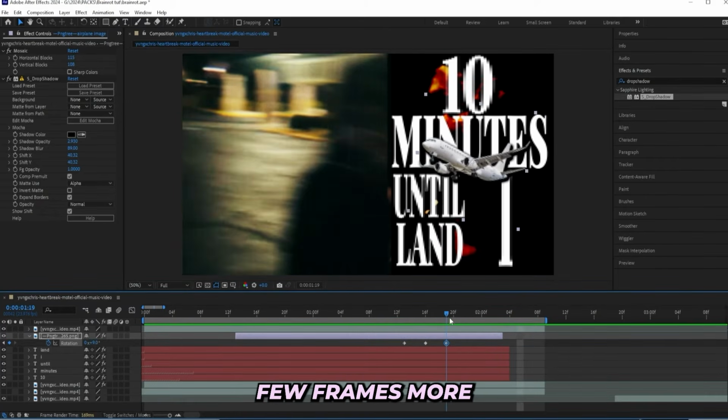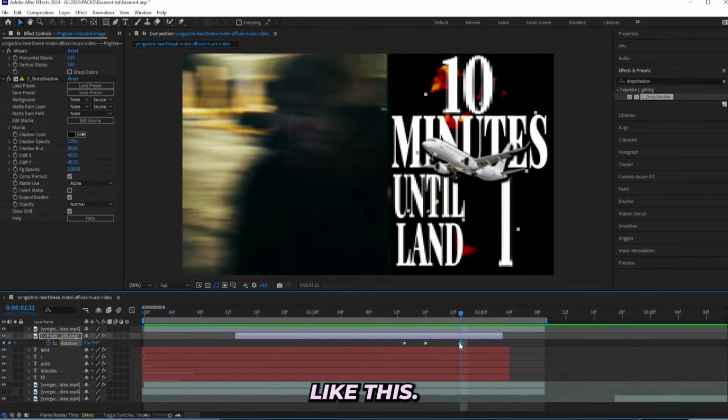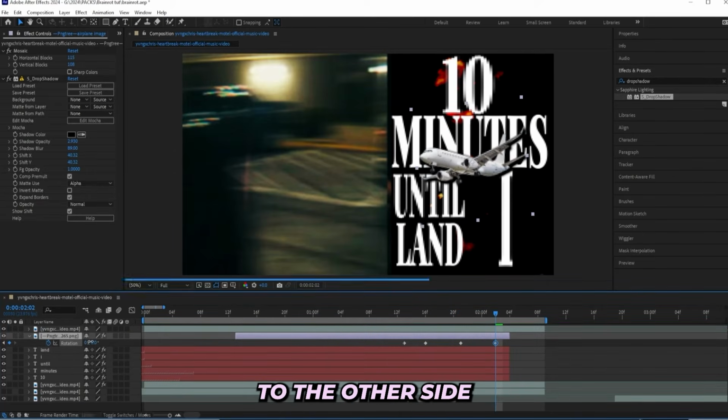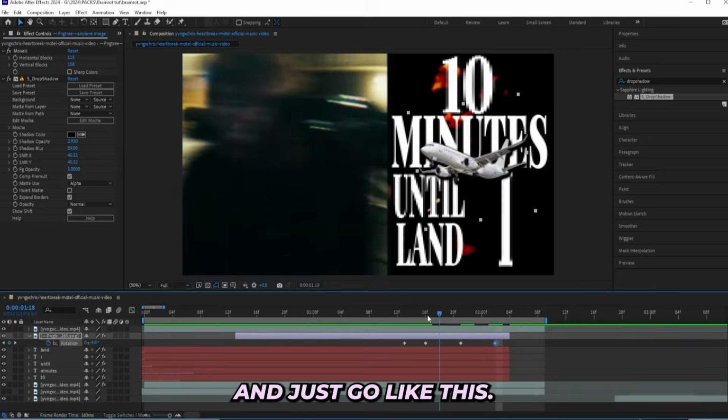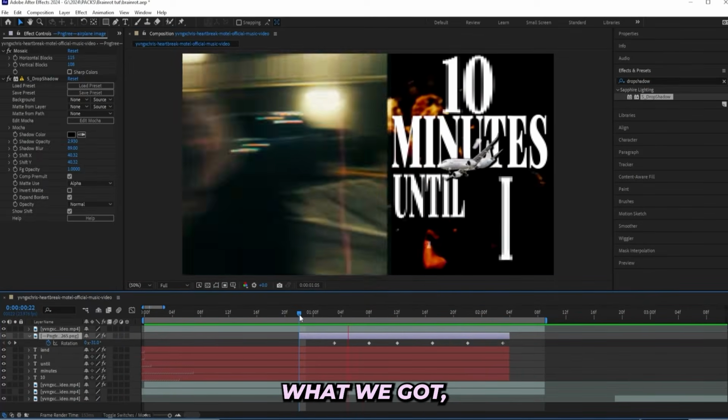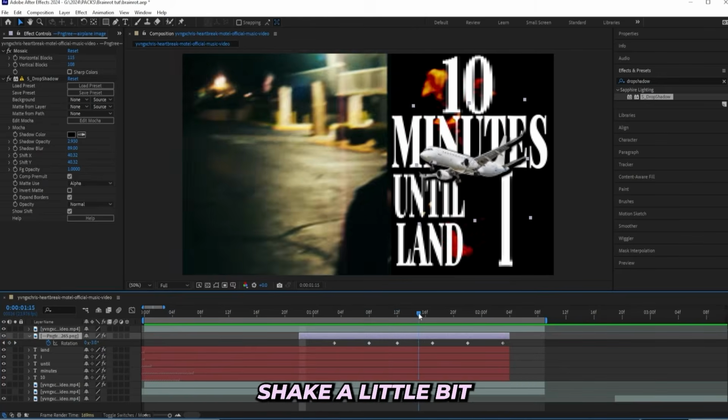Now I'll go a few frames more like this, and then once again right here rotate it to the other side, and just go like this. And now if I play through this, what we got, and to make that airplane shake a little bit more